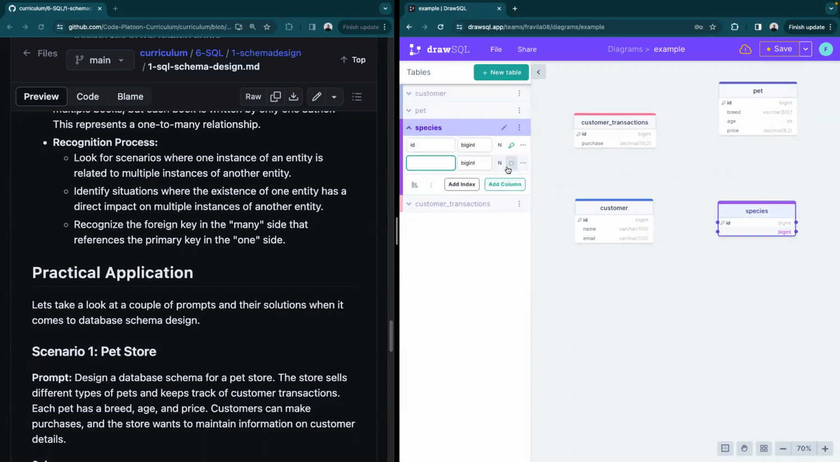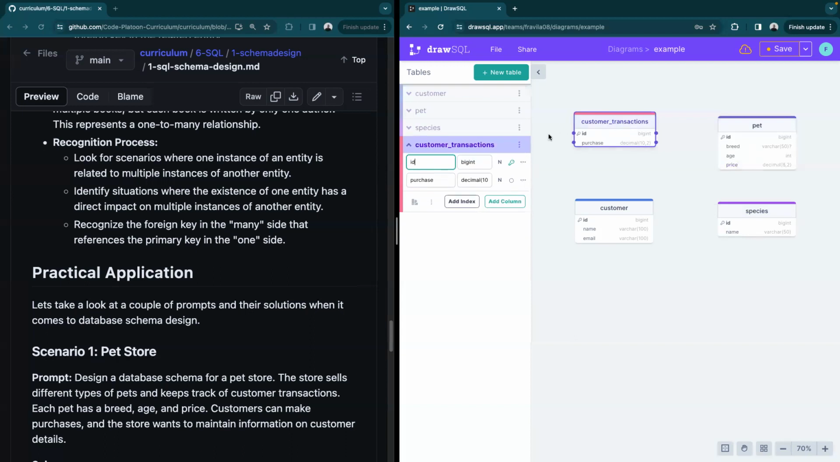Maybe my species needs something like name. And now I'm able to create a purchase. Well, this customer transaction should have a